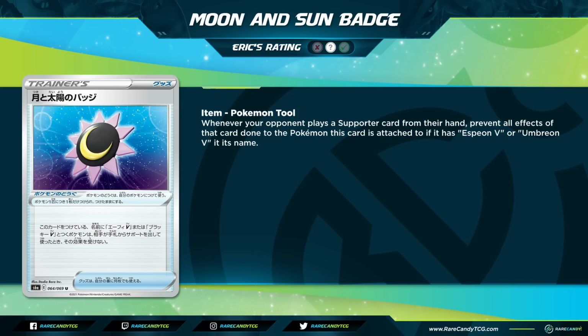So just in a vacuum, I actually think this is debatably the strongest of these Eeveelution tool card effects. Being able to essentially give your Umbreon VMAX Omega Barrier from Primal Groudon and prevent your opponent from playing things like Boss's Orders to bring up your Umbreons is an insane effect to have on a Pokemon tool card. But one thing that does kind of turn me off about this card is that, well, not only is Espeon